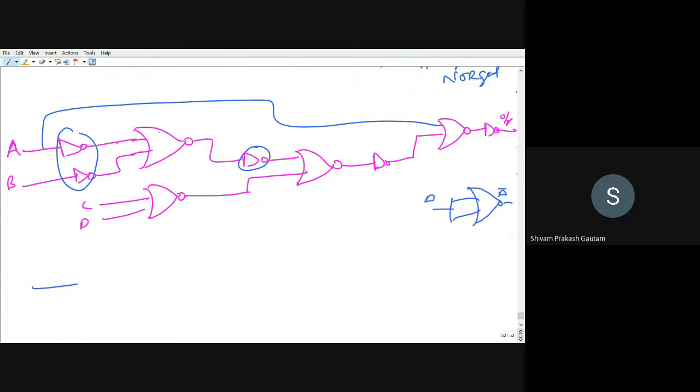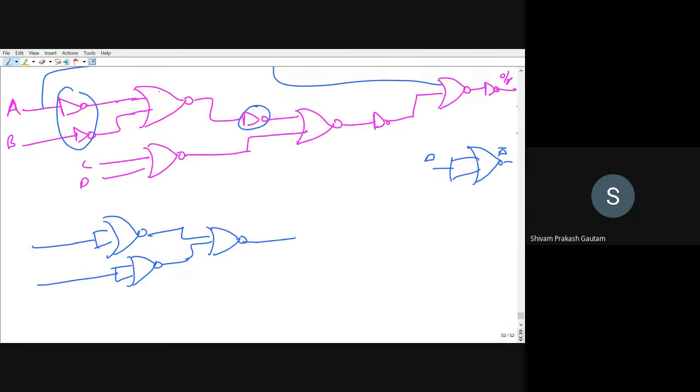So now A is there. So inverter is there. So you have to short the input and you have to provide a NOR gate. Again, B is there. Short the input and you have to provide a NOR gate. Both of them are flowing through a NOR gate again. Let me continue from the bottom as well. So this is C and D flowing through an input of NOR gate. Inverter is there. So again, short the input and provide a NOR gate.